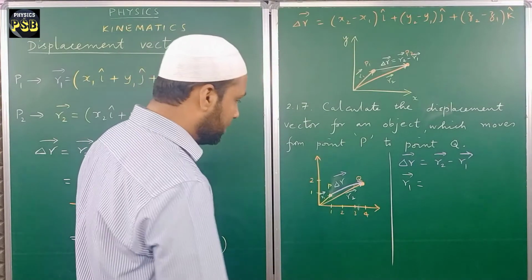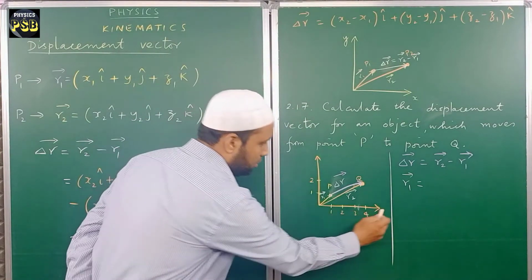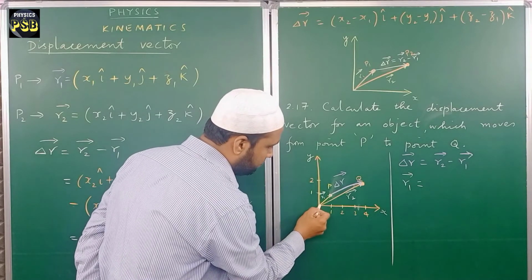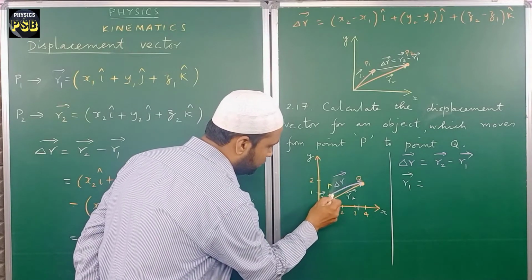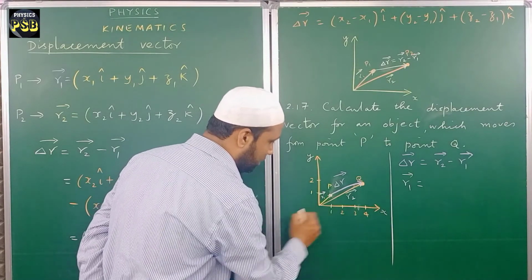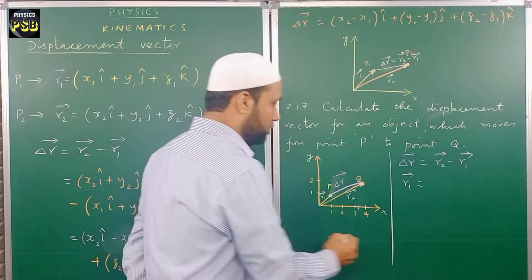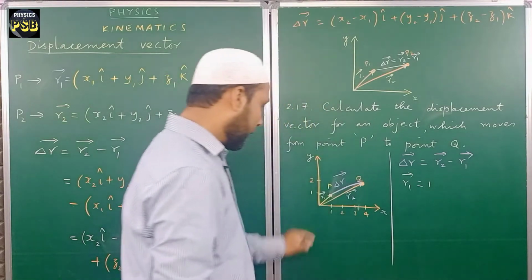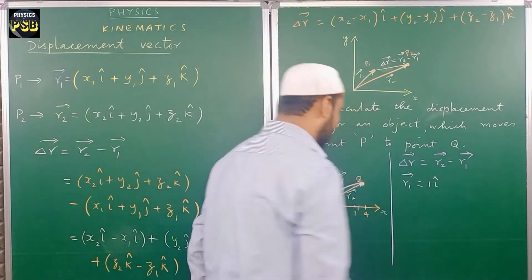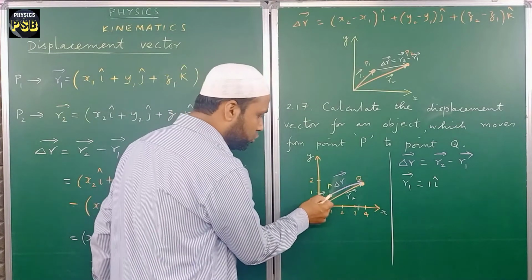What is the value of R1 vector? See, this is x-axis, this is y-axis. This point has its position along x-axis at 1. So 1, and the unit vector which acts along x-axis is I. So 1 I cap, and the position of